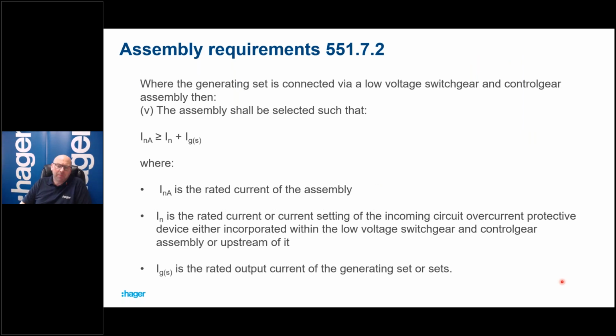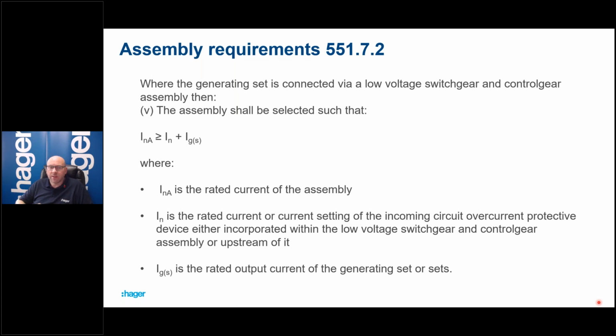Next up on the list of considerations is this requirement that came along in Amendment 2, and it requires the assembly to be selected so you meet this little formula here. So the INA is the rated current of the assembly. Now, using consumer units as an example, as that's what the topic is about today, our consumer units are typically INA rating of 100 amps. Okay, so we've got to have an INA rating which is equal to the rated current or setting of the incoming overcurrent protective device,